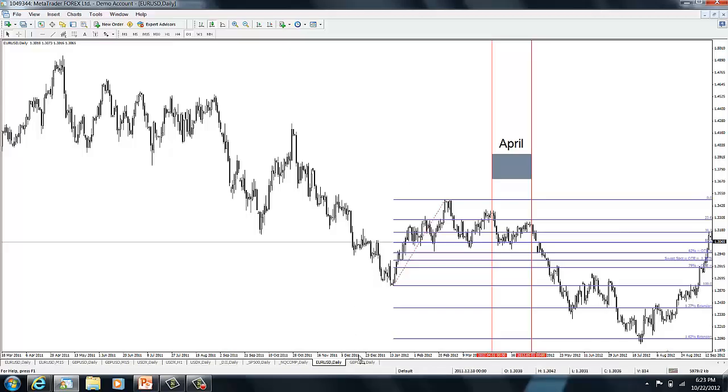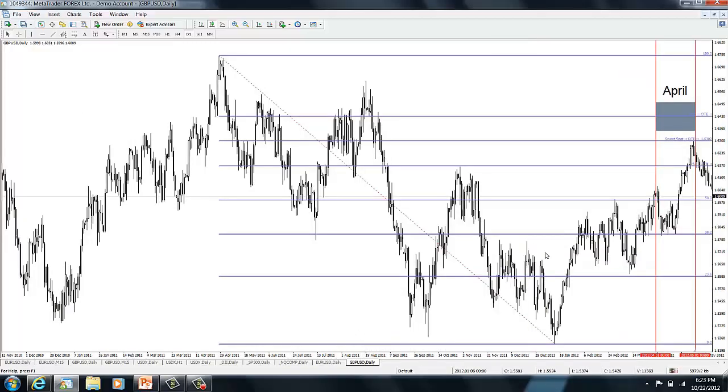with them unfolding. If you look at the cable, once price gets up into this inside the range concept, the sweet spot, 163 is a big figure as well. We are still within the April seasonal decline time period. We have USDX SMT, we have correlated pair SMT, weaker highs comparable to the higher high in the cable here. So now what's going on in the lower time frame? Okay, let's just use an hourly chart.